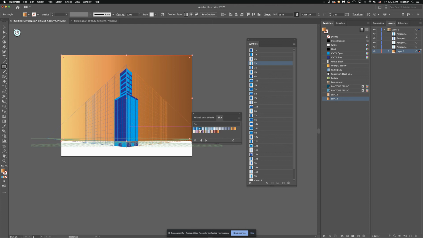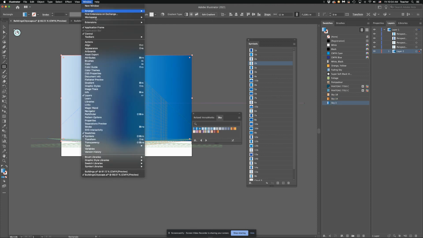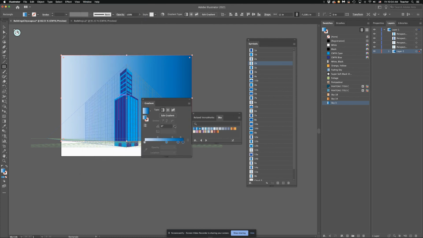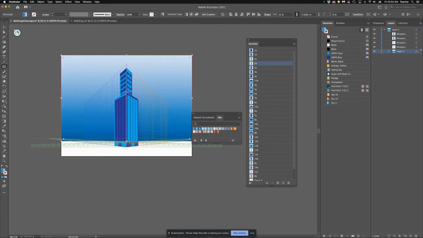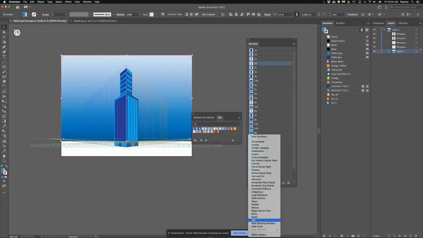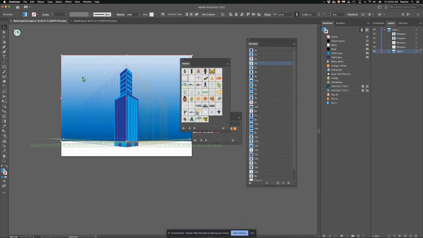I don't like that one, so I'm going to grab that. Go to my Gradients panel, and we're going to rotate this 90 degrees and invert it actually. There we go. So there's my sky. You can add some other symbols like clouds. You go to Nature. You can add some clouds in your sky